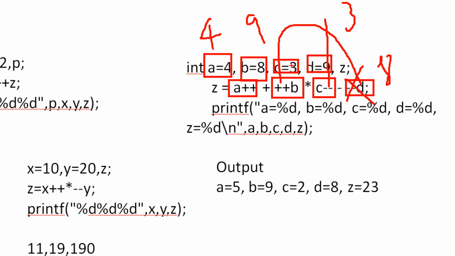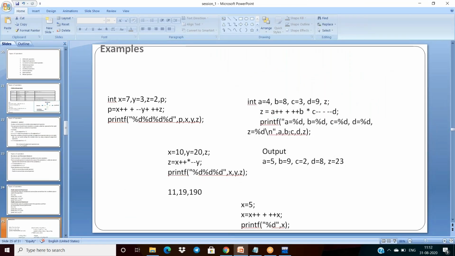Okay, the c value is how much here? 3 only. So actually we are using what here? Multiplication. That is the problem. After this, the multiplication is simplified. 9 3s are 27, and 27 plus 4, 31. 31 minus 8, okay, 23. So it will come.